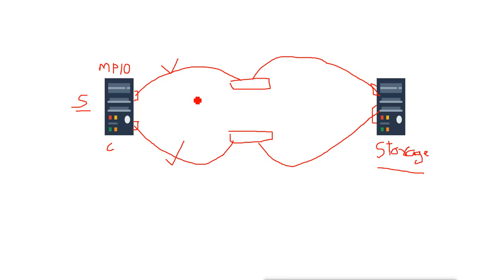With failover, it will use only one path, and if the first path goes down, then it will go to the other path. And if we select load balancing, it will use both paths for accessing the storage. And still, if one path goes down, it can get the data from the other path.